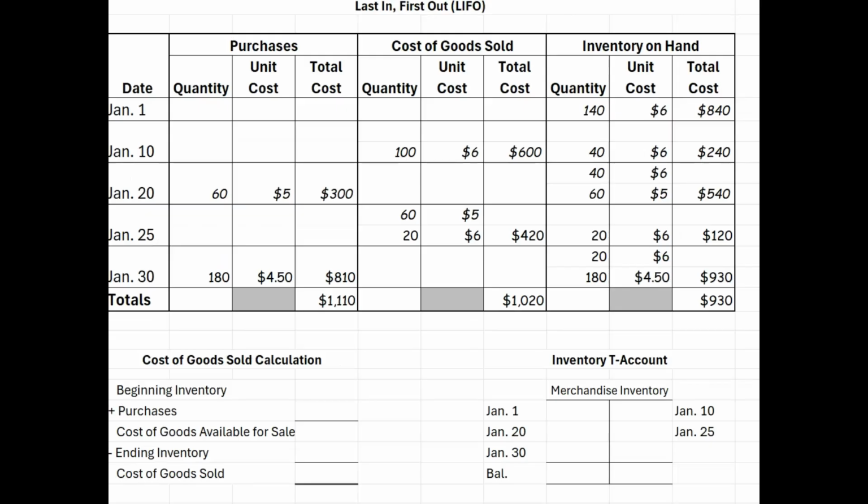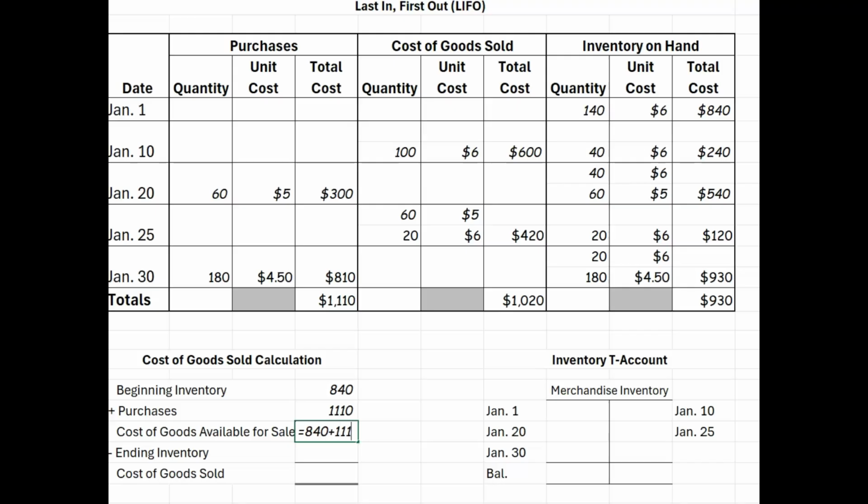My favorite part is proving the balances, so let's do that. Let's use our cost of goods sold calculation to prove our cost of goods sold balance. Beginning inventory was $840. We can get this at the top of our chart. Our purchases for the period were $1,110. This is at the bottom of the purchases column of our chart. So our cost of goods available for sale,